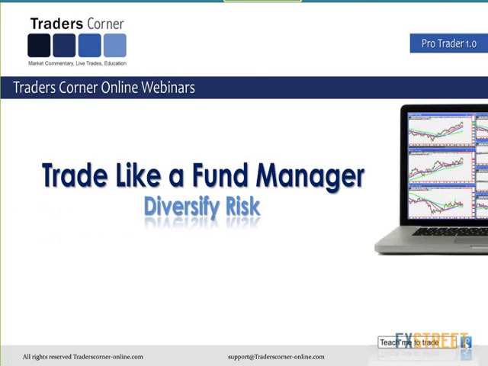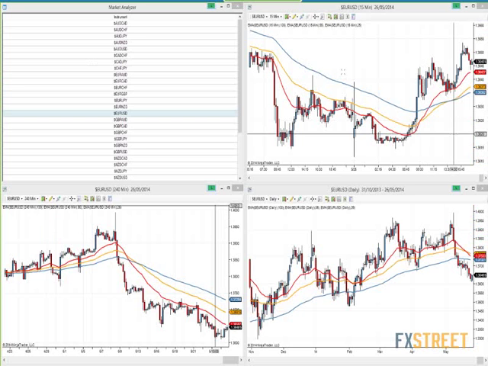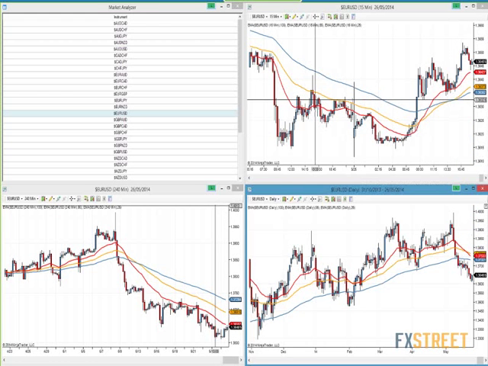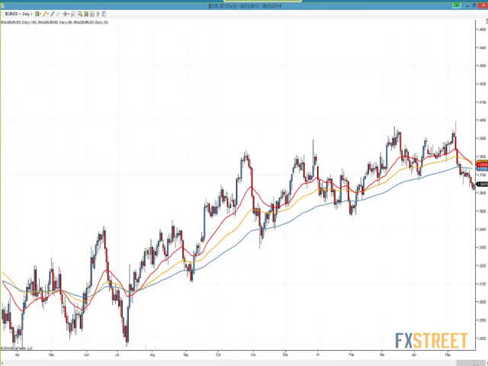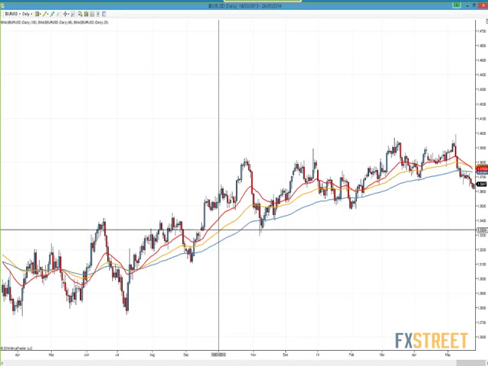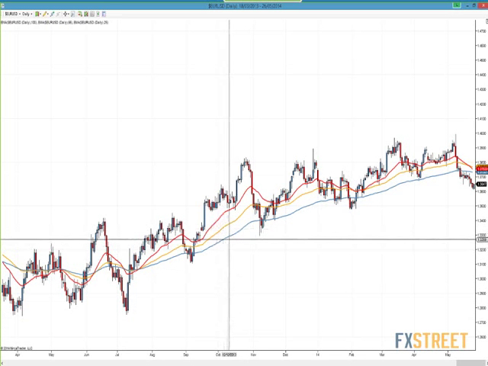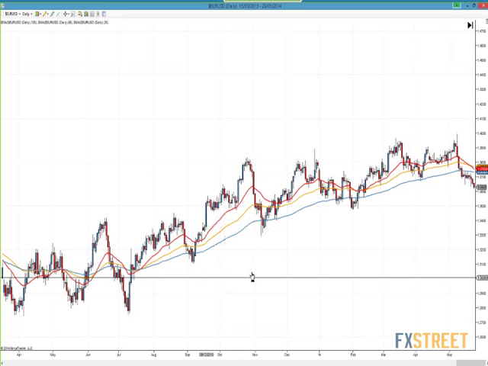Okay. So what we'll do now is let me get rid of this slideshow a minute and let me show you on the charts. So these are the charts in front of us. Right. What we'll pick is let's pick a daily chart. You can see these are the moving averages here. So this is the 25. This is the 55. And this is the 100 moving average.